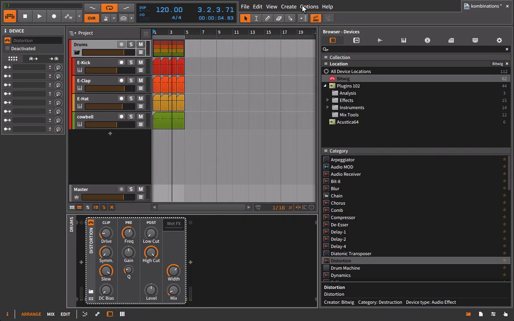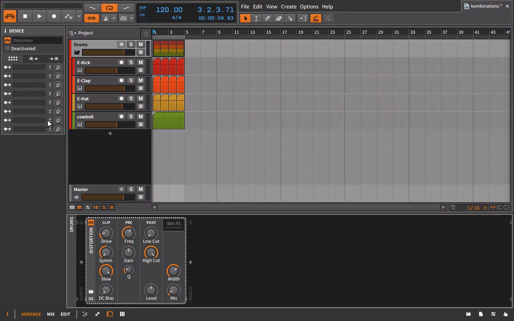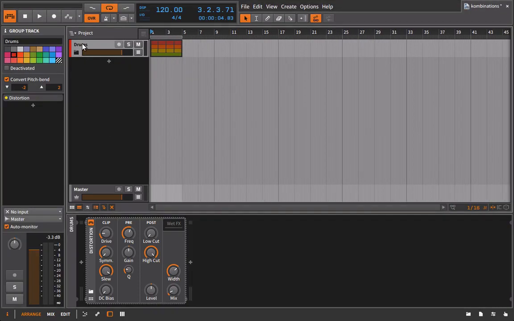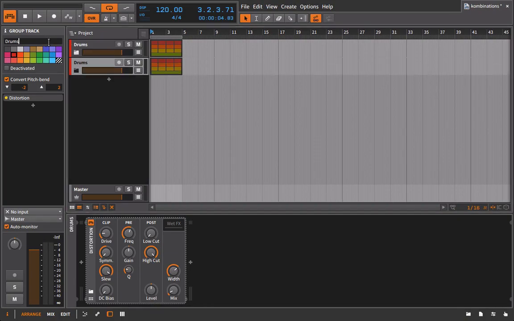So we've got that little bit of distortion going. I think it sounds okay, but maybe I also want to set up kind of like a parallel chain here and apply compression. So what I do here is I would duplicate this, and then with the duplicate, call it